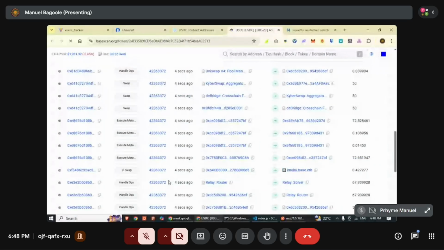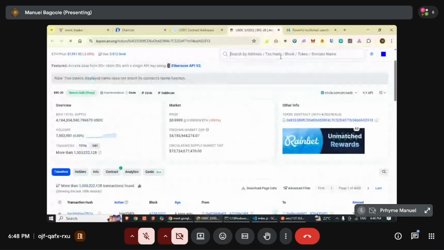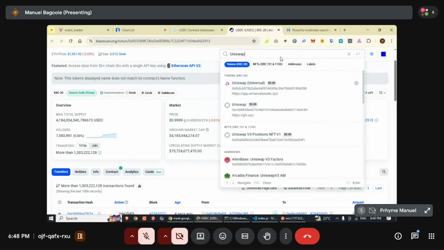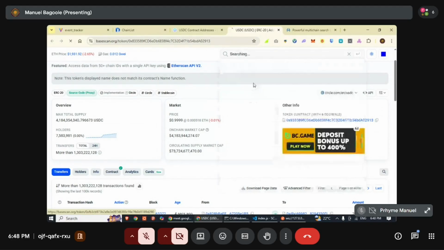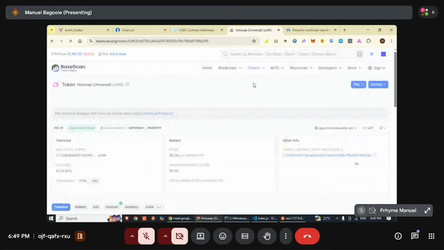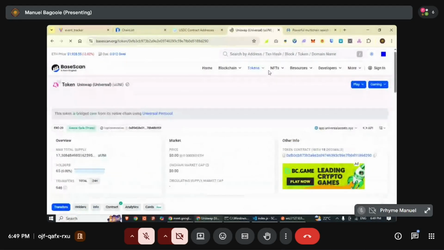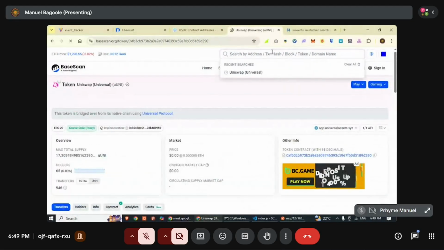So I'm going to now go to a DEX. A DEX is a platform where you can do exchanges and transfer your tokens from one token denomination into another. I hope I have Uniswap on. I don't know if Uniswap has a... Does Uniswap have a deployment on this? This is a Uniswap token, the UNI token. I want the protocol itself. Let me look at